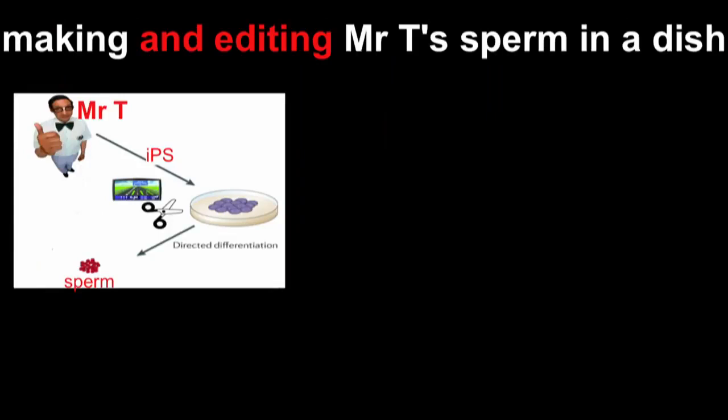and confirm that the edit is exactly what we want, and then make another edit, because we have a much broader, much wider window of opportunity, and then make multiple sequential rounds of editing in series, confirm each time that we've got what we want and nothing else, and then cause these iPS cells to differentiate not into neurons like before, but into sperm cells that we can then, by using assisted reproductive technologies that are commonplace around the world,